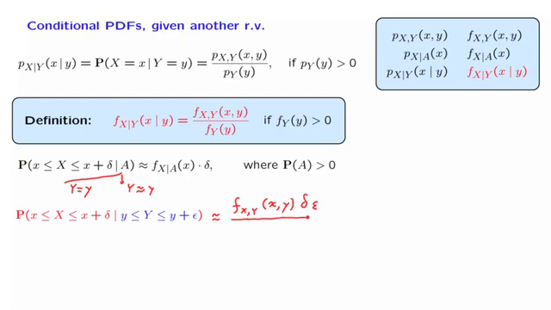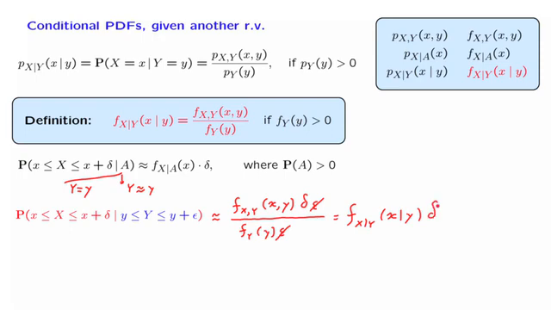Then we need the denominator, which is the probability of the conditional event, and this is approximately equal to the density of Y evaluated at that point times the length of the small interval. We cancel the epsilons, and then we notice that the ratio we have here is what we defined as the conditional PDF. So we get this relation